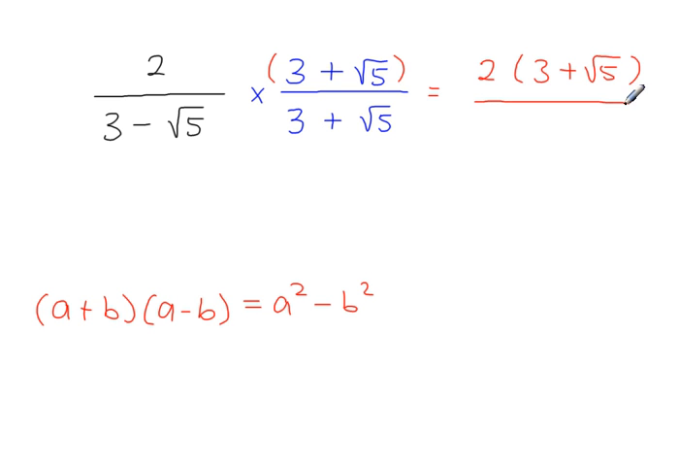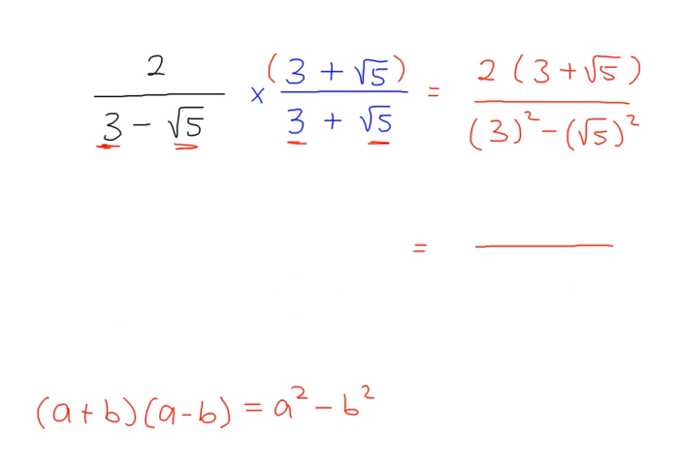And the denominator, if I take the first term, which is the 3, that's taking the 3 and squaring it, minus the second term squared, so that's the root 5 squared. Then simplifying this, let's start with the denominator. 3 squared is 9, root 5 squared is 5, because the square root and the square cancel. We've got this, and the